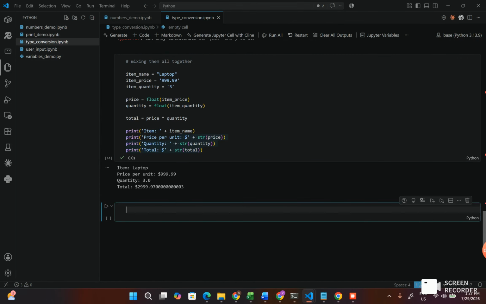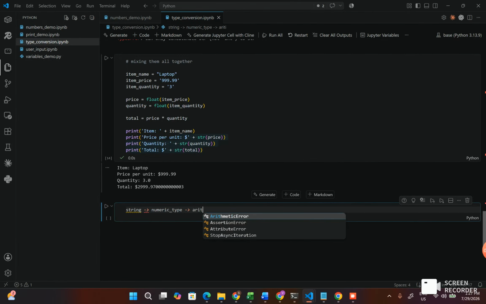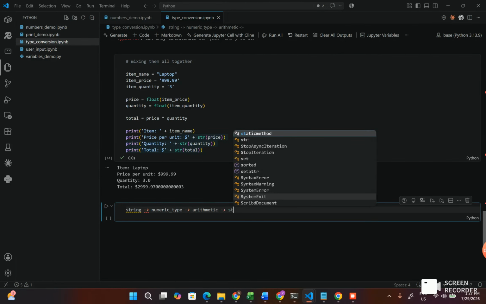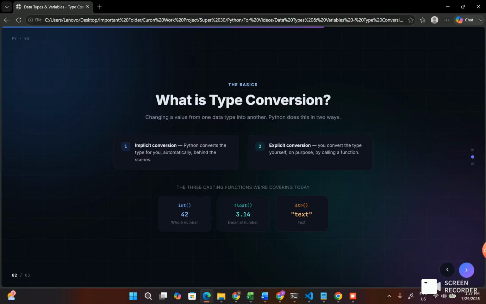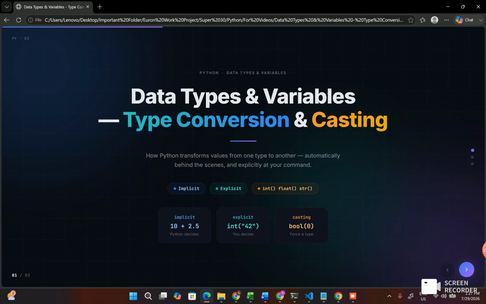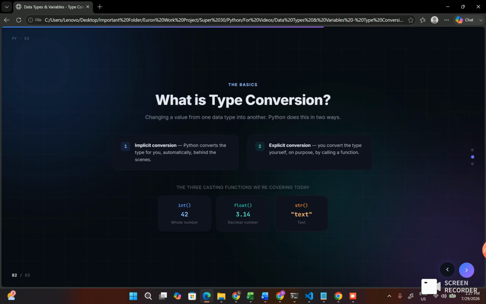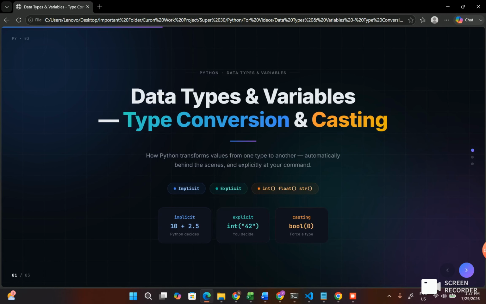Okay, I mean to say string, then numeric type, then arithmetic, and then back again to string for display. Okay, there. Let's see. Right. So